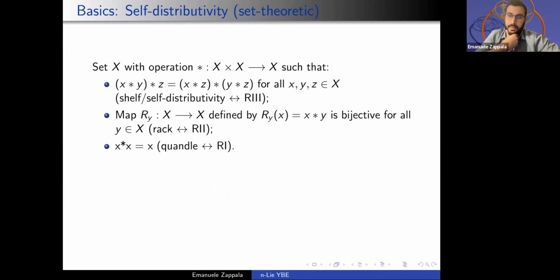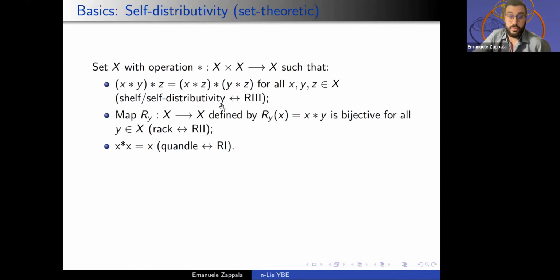So since I mentioned self-distributivity, so quandles already have appeared in some of the talks recently, but very briefly, it's a binary operation. You have a binary operation on a set. The operation behaves in this weird way, so it distributes over itself, exactly like the multiplication distributes over plus, but here it's having two different operations. It's the same thing. I want to point out something here. You see, there is the Z here, it splits in two copies. So this is important for what I'm going to say afterwards.